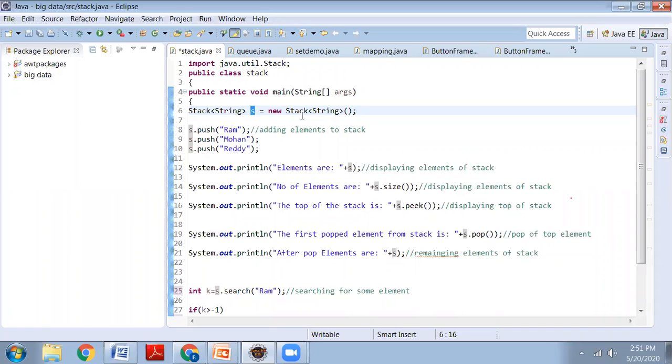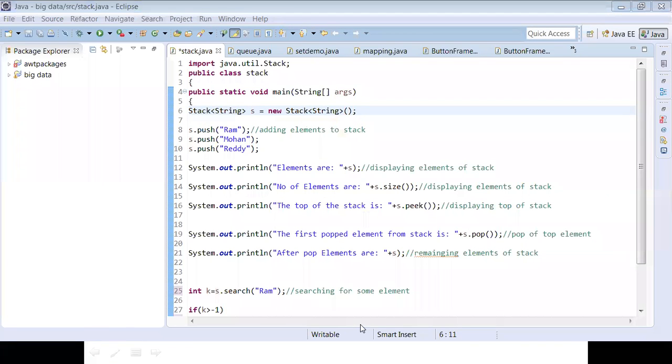Yesterday in the linked list also we have written only String. Did anyone verify what the String indicates there? Today also here it is showing String only. Yesterday in the linked list also we wrote String. Can anyone answer me, what is the reason why we are writing String here?